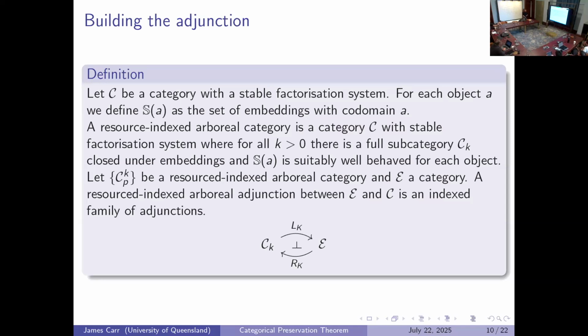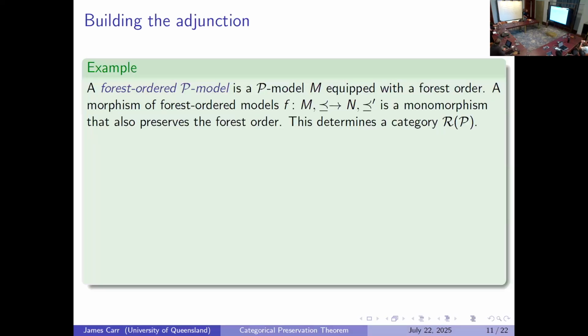In some sense, a resource indexed arboreal adjunction is too complicated. It is actually just a family of adjunctions between some base category and this collection of categories. So in our setting, how do we want to construct this again? Well, we're going to start by